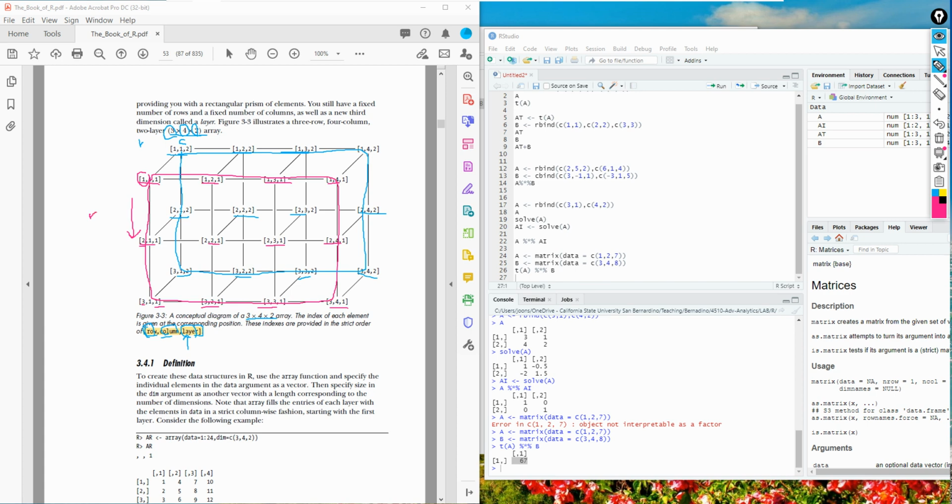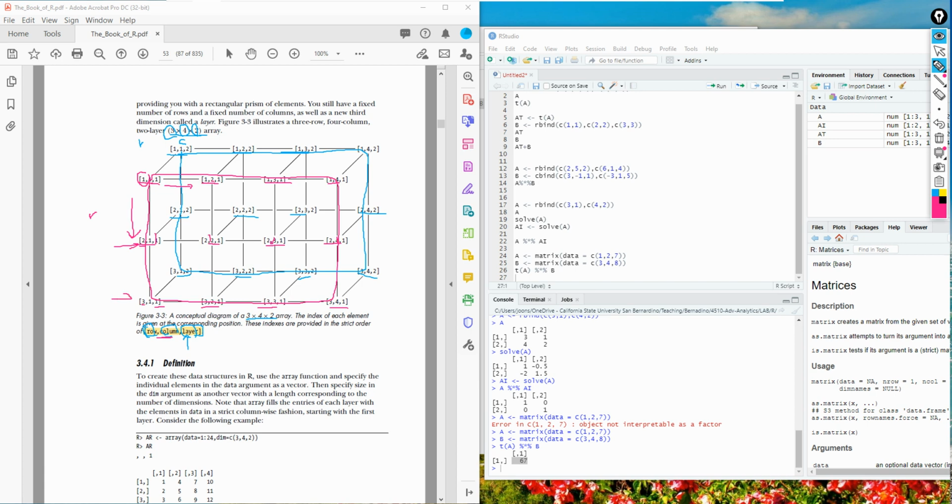Now let's look at the second index, the column. If you go this way, this is the first column, the second column, the third column, and the fourth column.